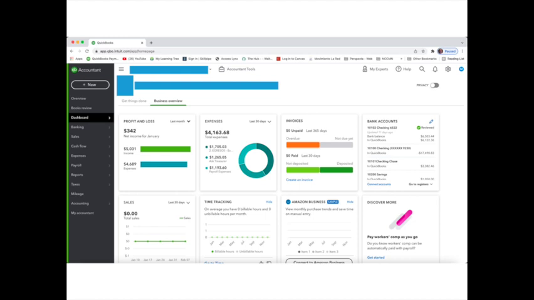QuickBooks is designed as an accounting system for corporations. That's why you see a box called Sales, which basically translates to donations. The menu on the left allows us access to different parts of the system, such as banking, sales, cash flow, expenses, payroll, reporting, taxes, mileage, and accounting for the chart of accounts. So you can see all the different options are available through the menu on the left-hand side of your screen.